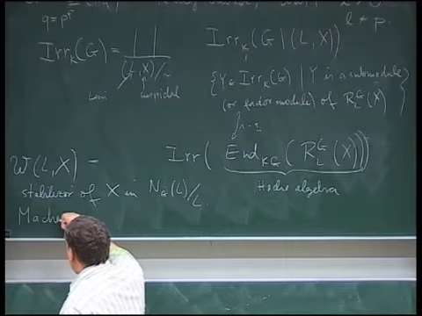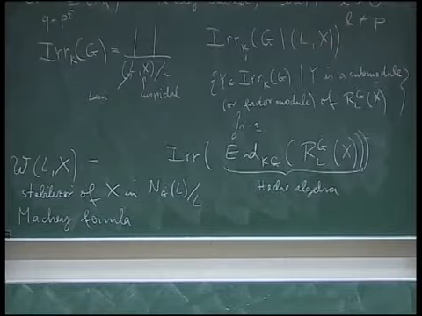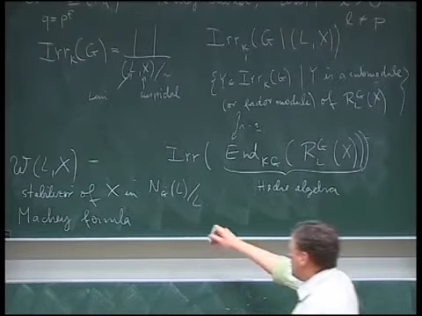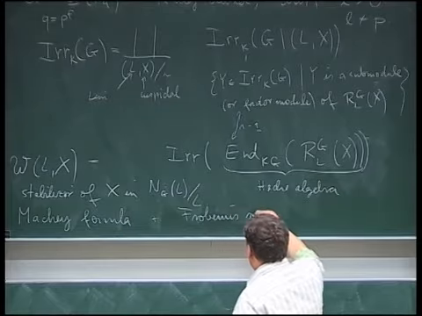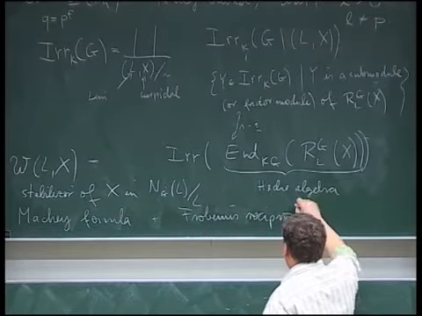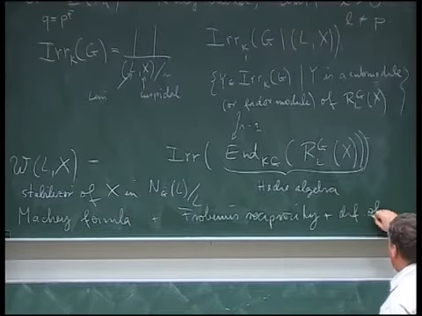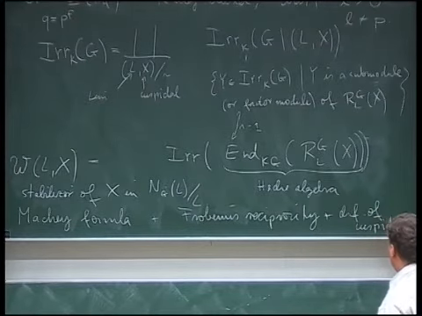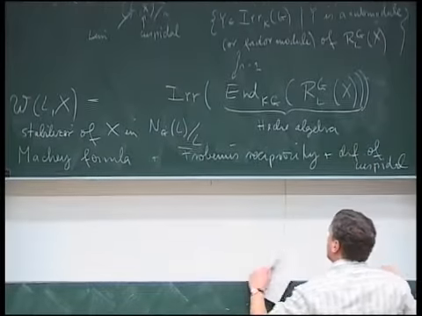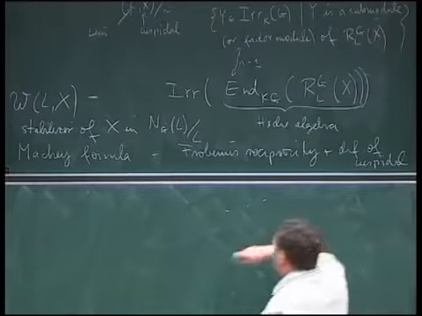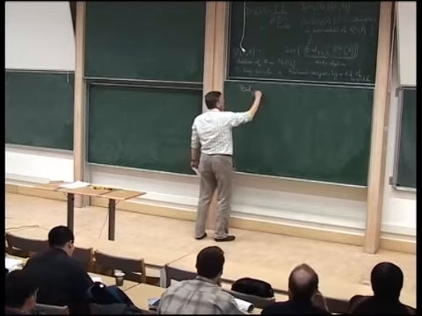So using the Mackey formula for this Harish-Chandra induction and restriction plus Frobenius reciprocity, plus the definition of cuspidal, you get a 3 or 4 line proof that actually this endomorphism ring